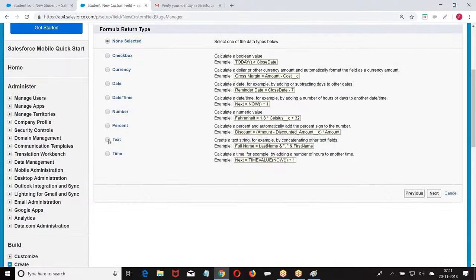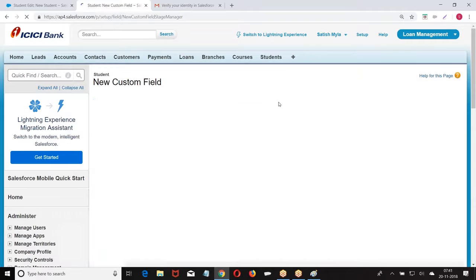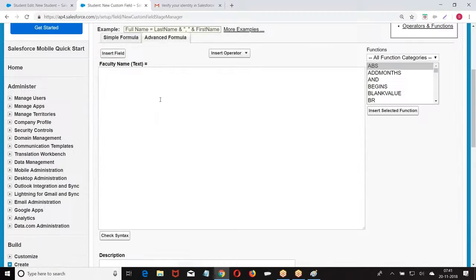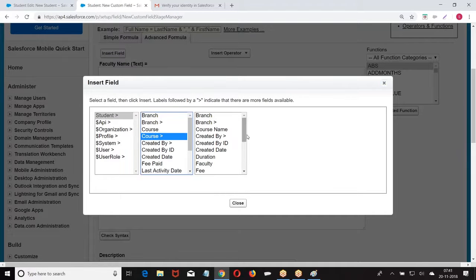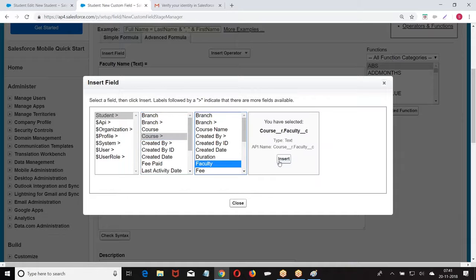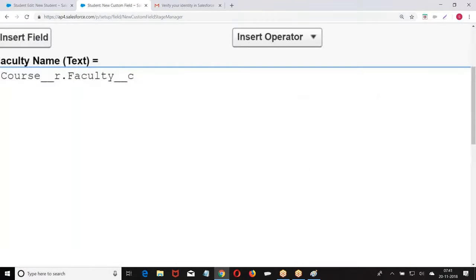Faculty name. Text. Depending upon the course you have selected, the faculty name should come. Insert the field. Student. Course. The course we have. Now look at the expression we received.